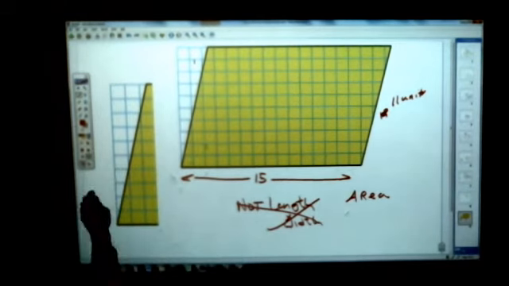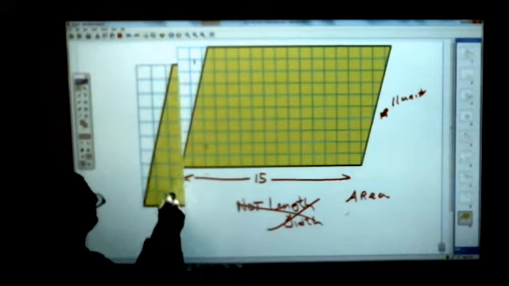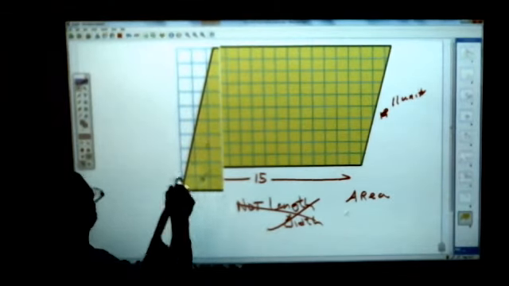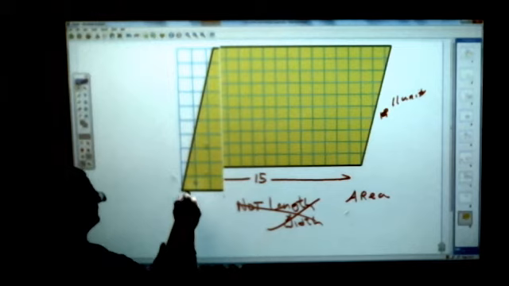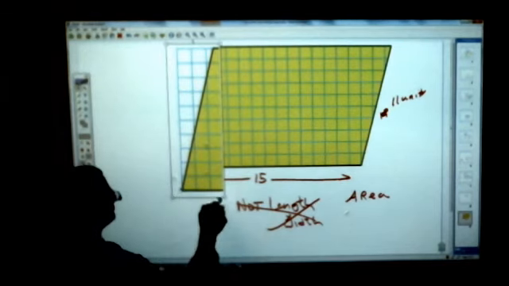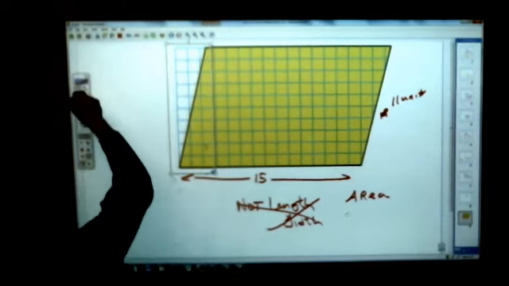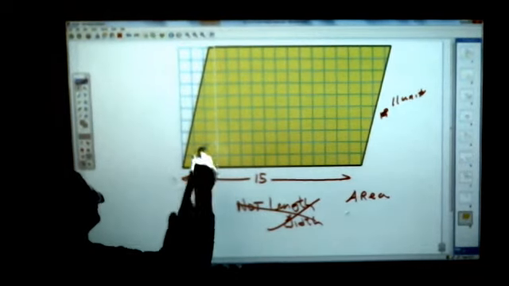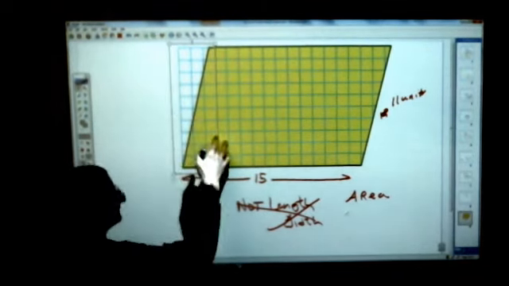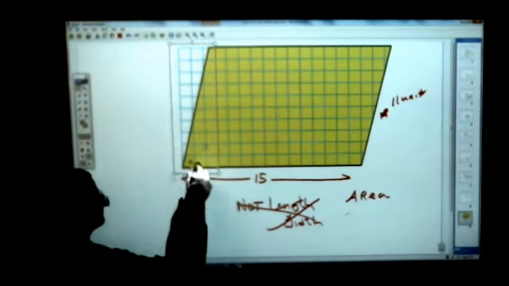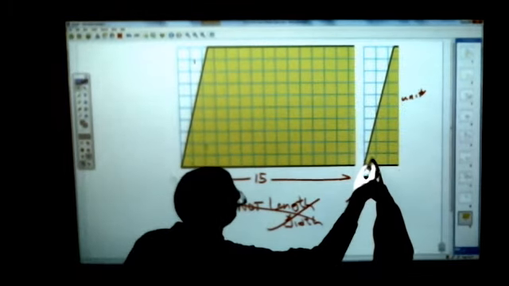What it is, however, is this. If I were to take this one side like this, cut it like this, slide it over here,